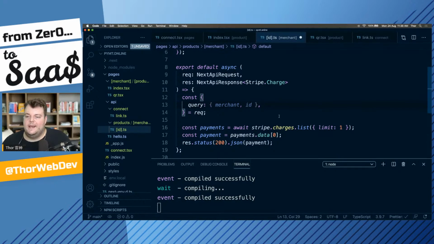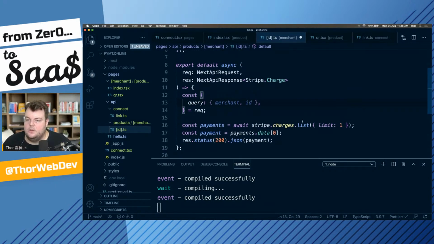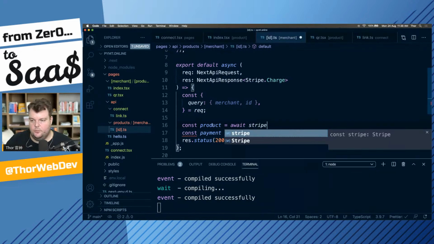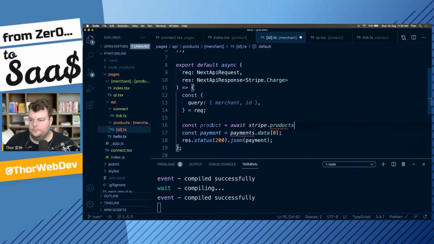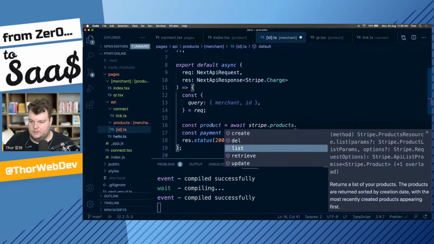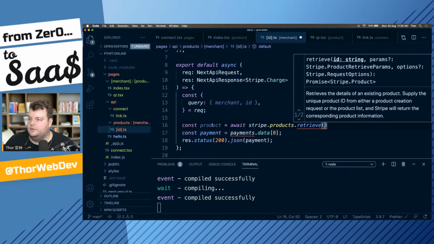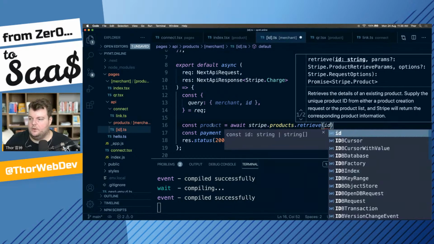And so what we can do now is get the product. The way we do this is we say stripe.products.retrieve. And product retrieve takes the product ID, which here is our ID,